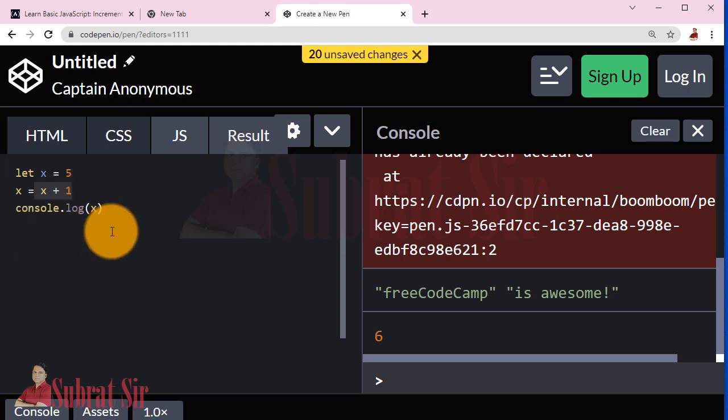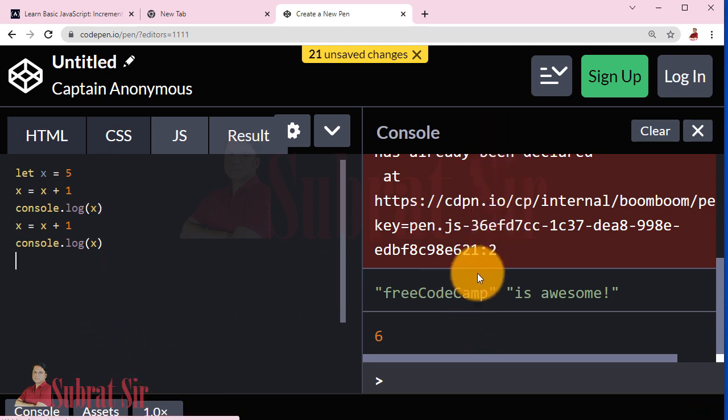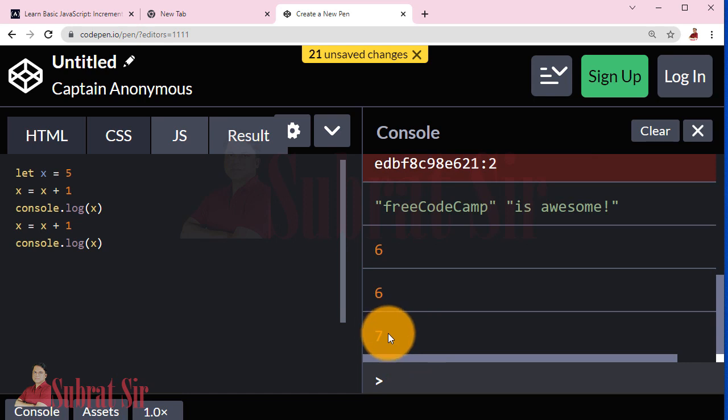We can do this in JavaScript. Now let us print x. See, the value of x is 6. Let us write again x equal x plus 1, console.log x, and see the value. Now it is 7.